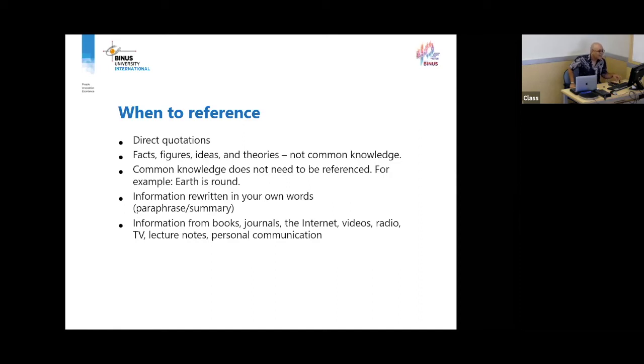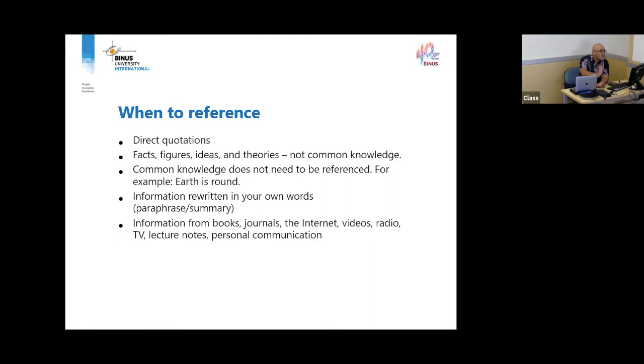It may not be common to you, but it can be common to a lot of people. Now, how do you judge whether some information is common knowledge or not? So the kinds of information that appear in a lot of sources, technically in at least 5 different sources, that's common knowledge already.